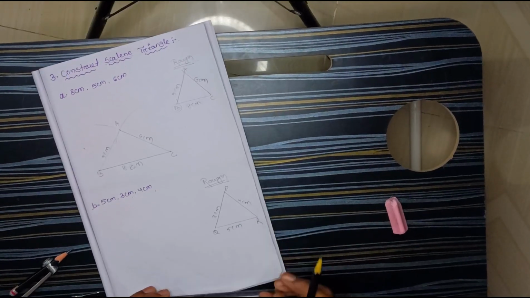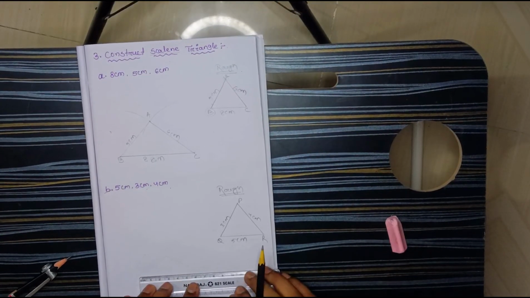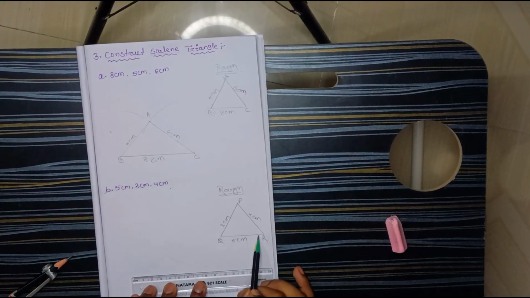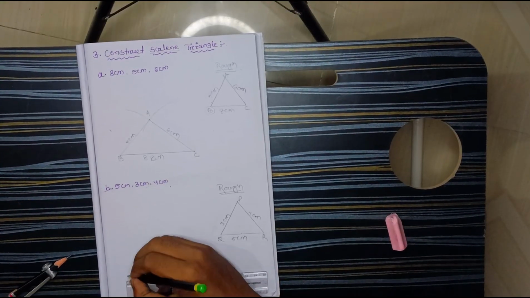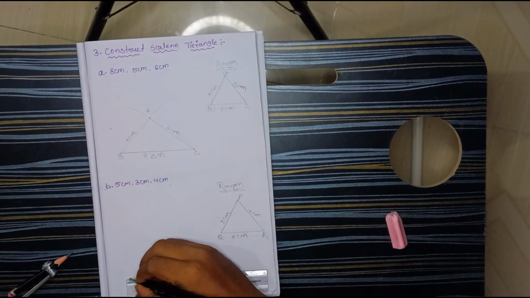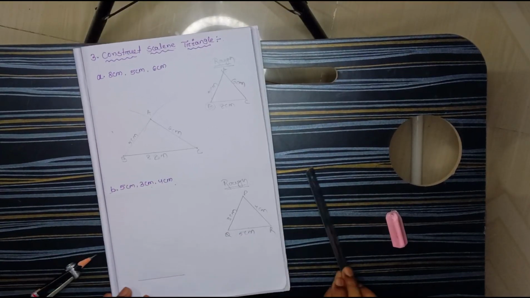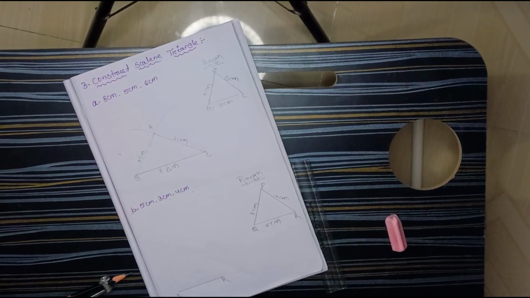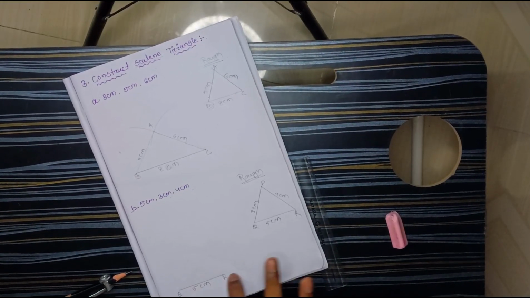Yes or no? So how will we draw? So lastly, this one is the last example of your scalene triangle. So look carefully. Okay. So first we have to make the base only. So for the base, what do I need? I need 5 centimeter. Yes. So I will put the 0 at one point and here the 5 at another point. Now I join that 0 to 5, this point to this point. I will name this Q and here name it R, and I will retain here 5 centimeter.